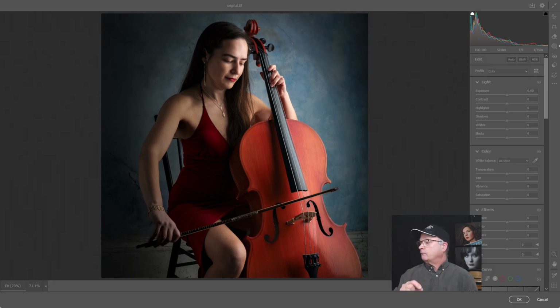It's saying for portfolio-level refinements, keeping the same setup, the light placement, a tiny shift could pay off big. Okay, so let's see what it says. It says move the softbox slightly higher and 10 to 15 degrees more toward the face. What this would do is add a touch more catch light to the eyes, even with the eyes down as they are, and also it would lift the cheekbone right here and separate it from the jaw. It creates jaw separation and reduces how dominant the cello highlights really feel.